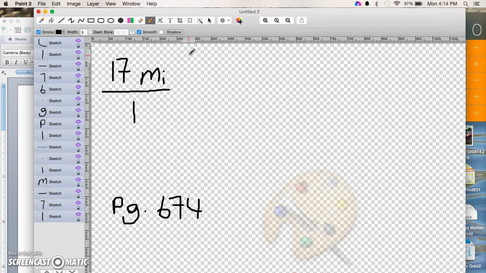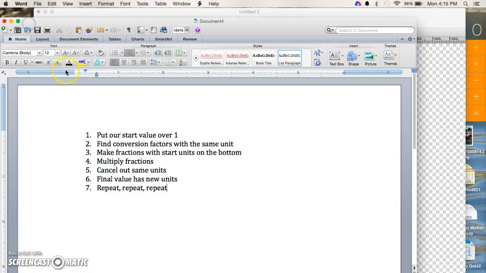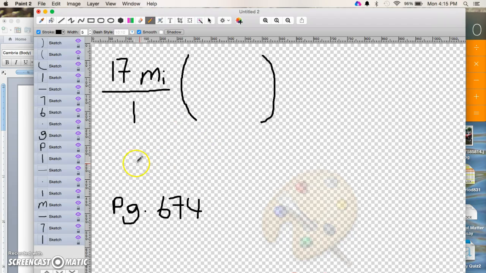And if you go there, you will find that 1 kilometer is equal to 0.62 miles. So we're going to set up our little fraction over here. We look over here and we say, we found the conversion factor. The conversion factor was that